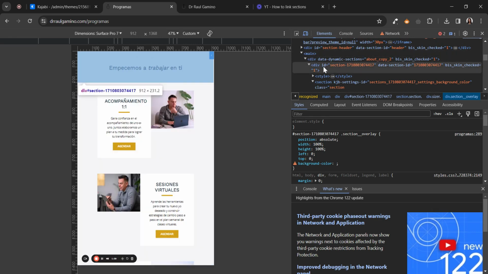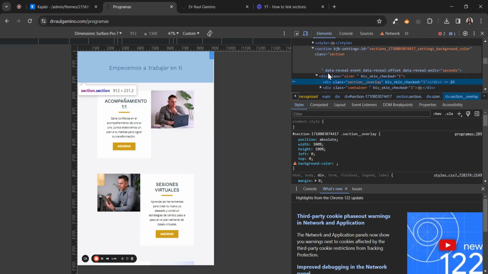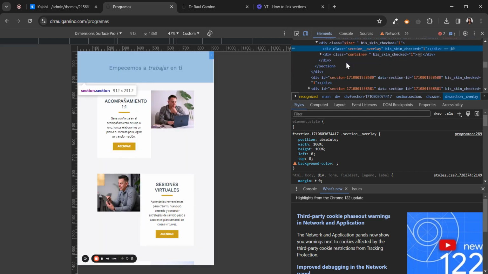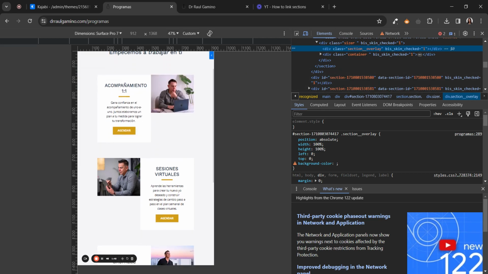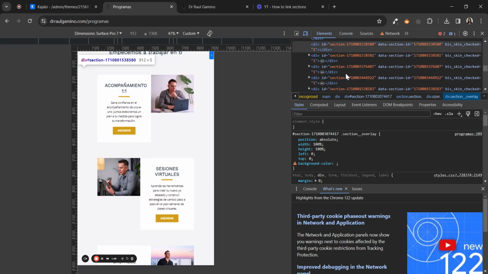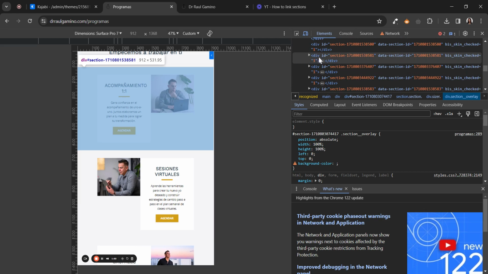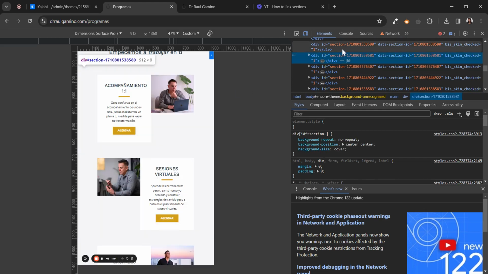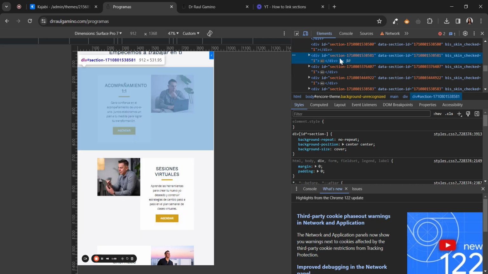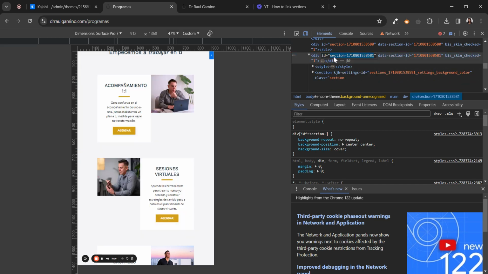So if I click here, I'm just watching this, but if I scroll a little down, I will find my section. I think it is this. So when you find your section, you have to copy. Just click on it and then copy this section name and then the number. So copy this,